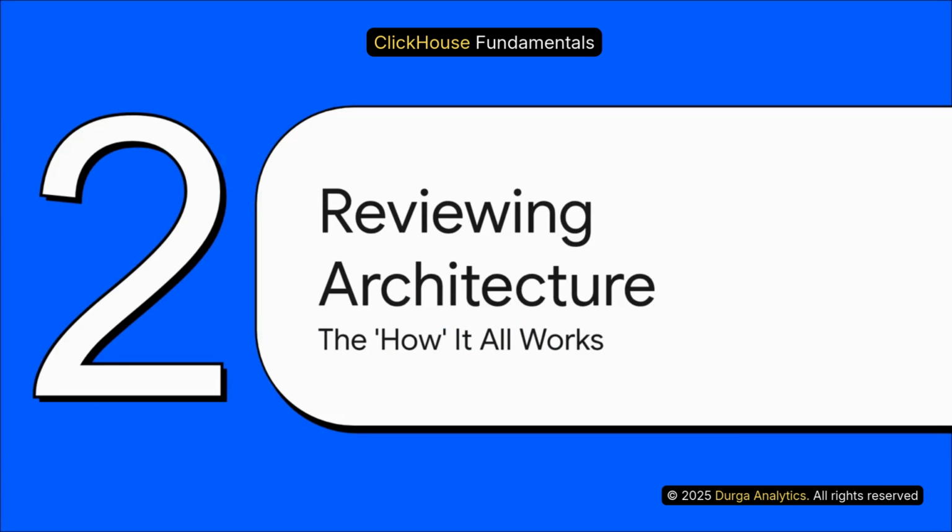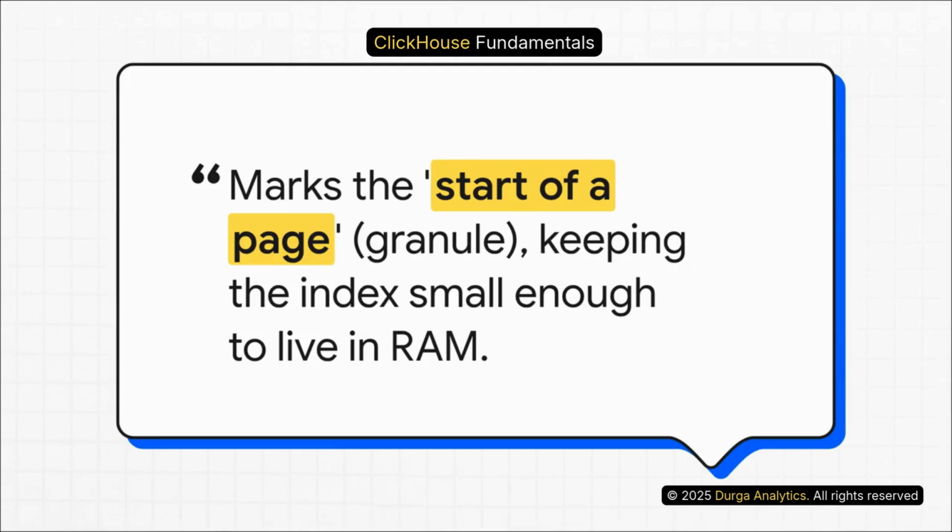Let's review the architectural pillars, the internal mechanics you've been working with, basically the engine under the hood. One of the most clever parts of this whole architecture is the sparse primary index. Let's go back to our phone book analogy. Instead of having an entry for every single name, which would create a gigantic index, it just marks the start of each page, or granule. This brilliant design keeps the index incredibly small and fast, so small, in fact, that it can fit entirely in